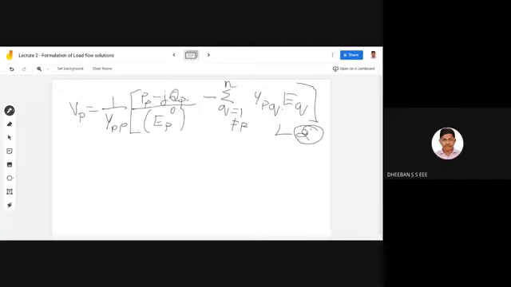Okay. What's the difference between Vp and Eq, sir? Sorry, here it is Vq only. Okay. You might be asking Vp and Vq. You are asking, right? So the difference between your Vp and Vq, right?